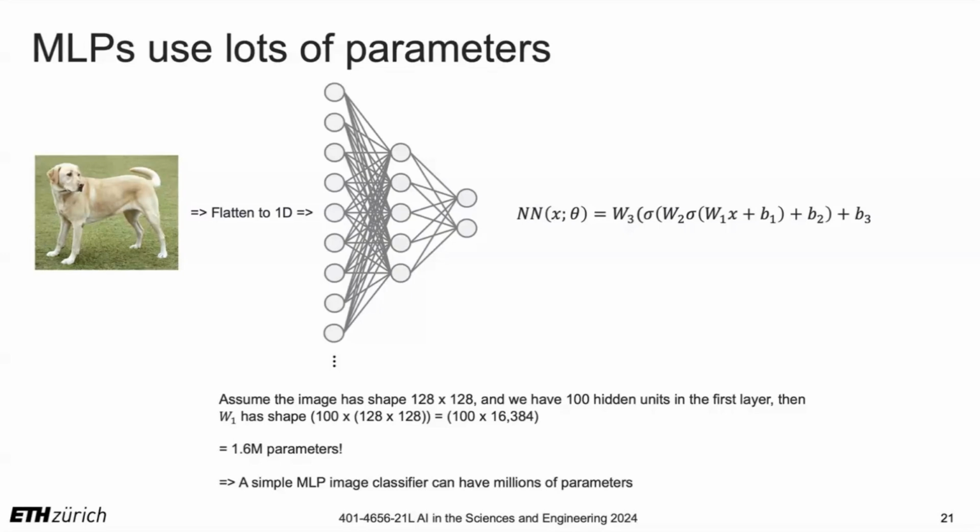So as I said before, we could think of the input image here as just a vector where we flatten out the image, and each pixel value is an element of that vector. But that already is a really massive vector. Like if we have the image as 128 by 128, so a very small image,